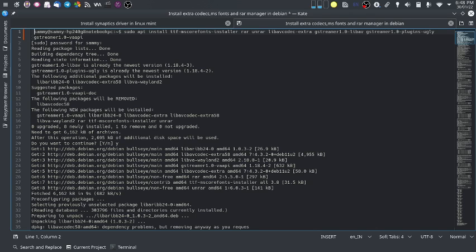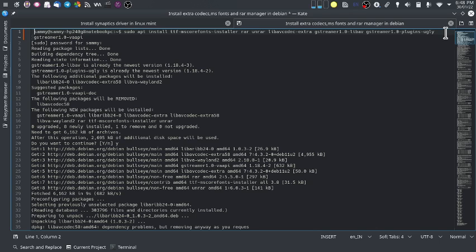RAR and UNRAR are zip and unzip programs. libavcodec-extra is the extra audio video codecs which are not generally included in the default desktop. gstreamer1.0-libav is the audio video library for GStreamer, and gstreamer1.0-plugins-ugly are those plugins that are not thoroughly tested or are underperforming, not properly programmed.